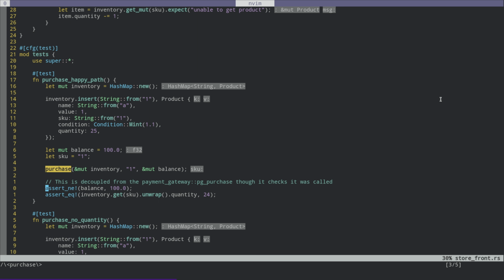So you'll see that I have this idea of decoupling something. The balance here is going to change, and the inventory quantity is going to change. I'm not testing that directly. You'll see that I use this word decoupled here. I want to make sure that the tests are not very brittle. And one way that they can be brittle, but also can be very correct, is if I was to change